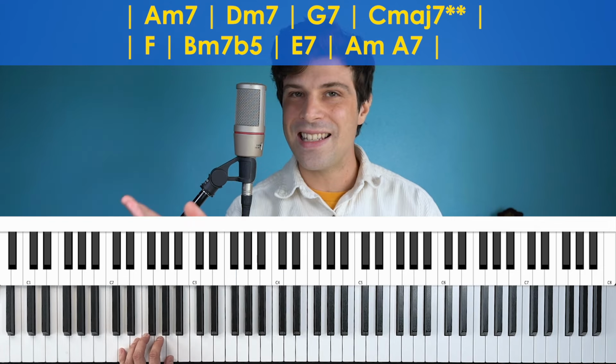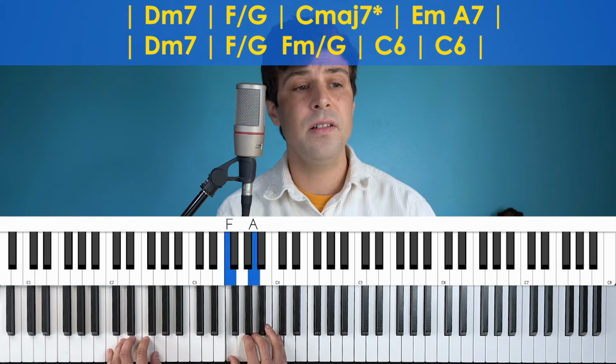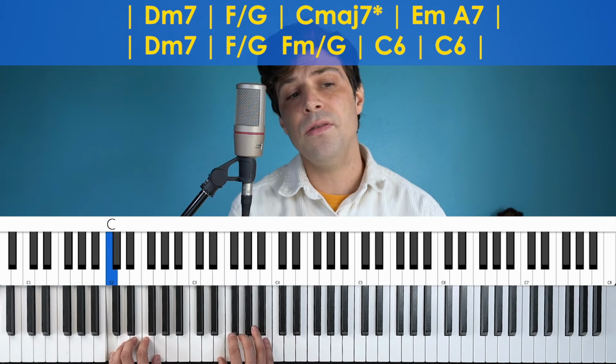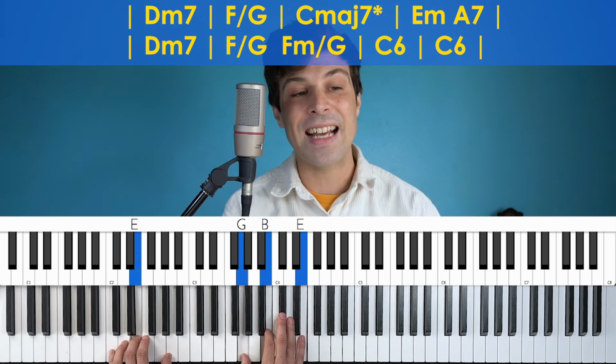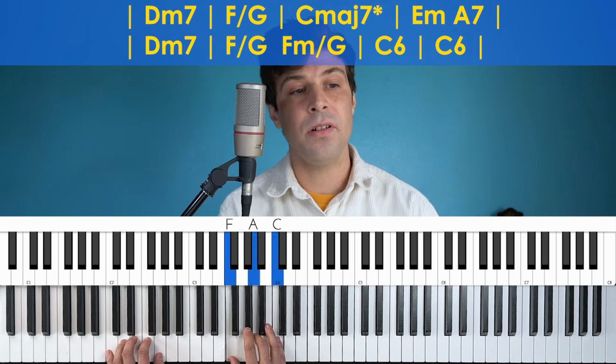Okay, so here is the B section for this verse. It's really similar. In other words, please be true. So far the exact same as the other one. Here's where it's a little different. In other words,